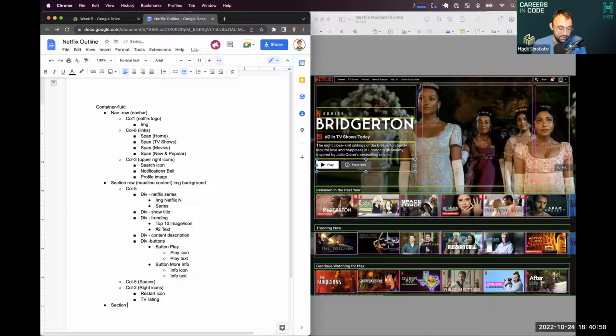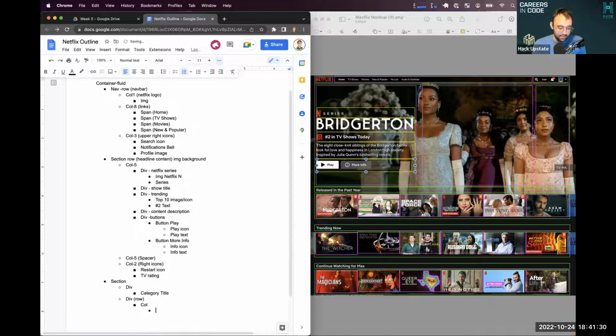Okay, and in this final section, actually second to last section, we're going to say it's a section, and in that section, we need to put the category title, and then we are going to do, I changed my mind. We're going to do a div that's going to have the category title, and then we're going to do another div, and this time it's going to be a row, and in those cols there's going to be all of the show images,